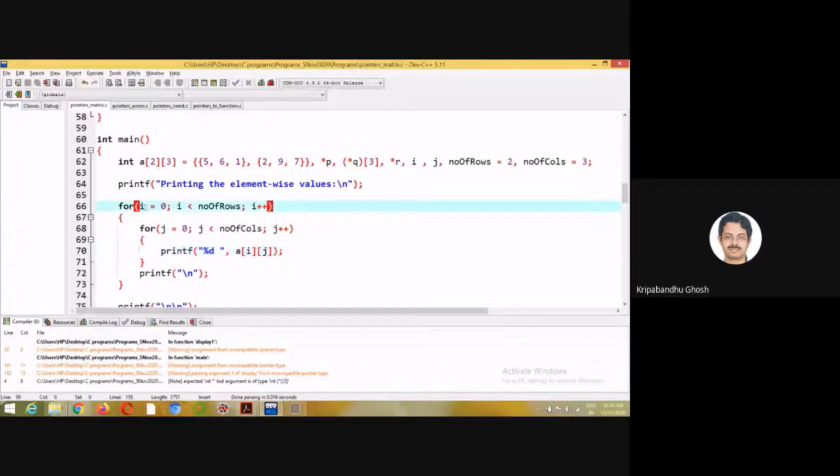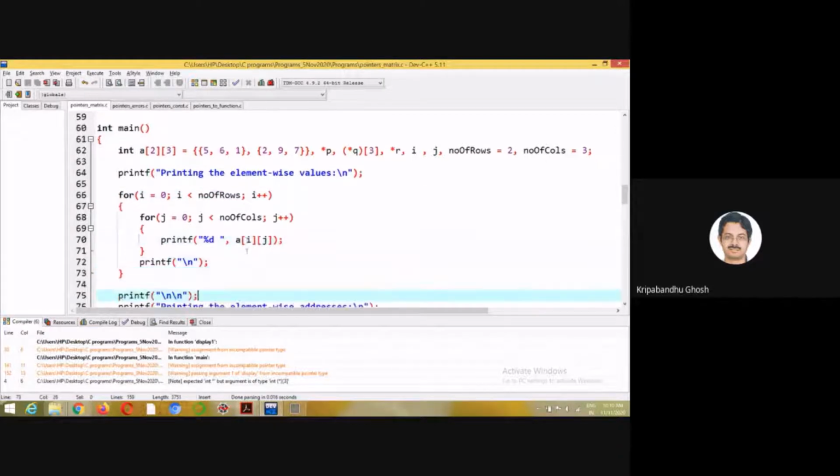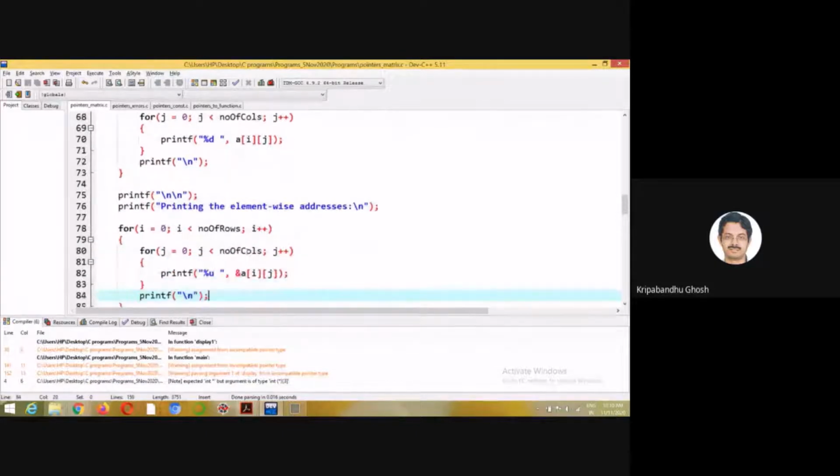This is the variable which contains the values of the rows. So this is the number of rows. The number of rows is 2, number of columns is 3, right? So I'm printing the elements, and I'm also printing the addresses. Same thing, the only difference is there is an ampersand here.